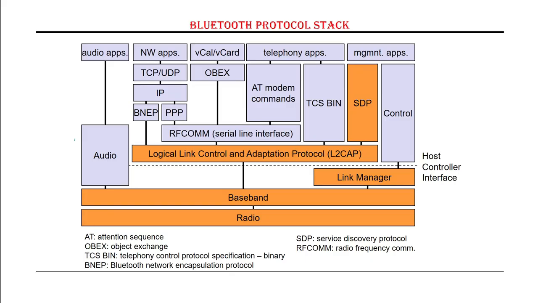So this is the Bluetooth protocol stack. You have the physical, that is the radio layer. Next is the baseband layer. Then, intermediate between the baseband and the logical link, the link manager links the baseband layer as well as the Logical Link Control and Adaptation Protocol. In today's video, we are going to learn about the Logical Link Control and Adaptation Protocol in detail, how